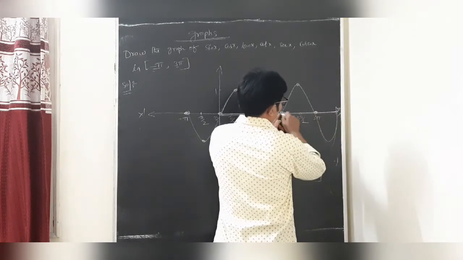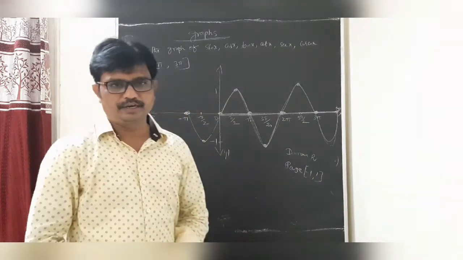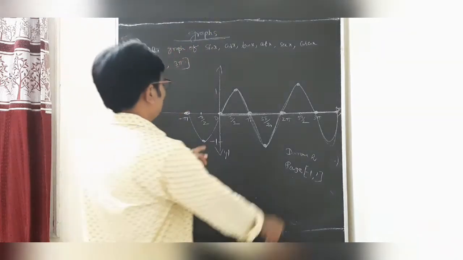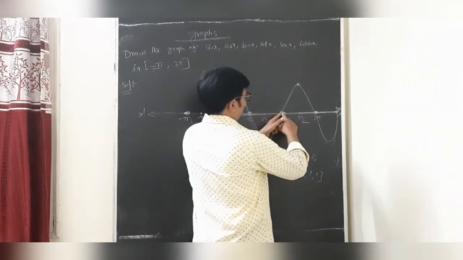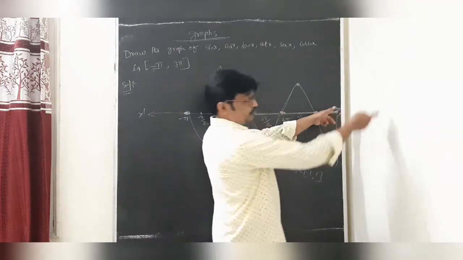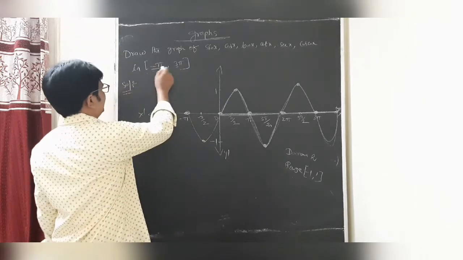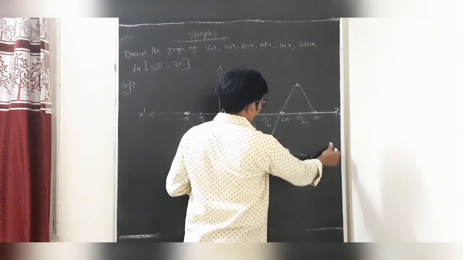From the diagram, this is called the period. We have to know that the period of sin x is 2 pi. So this is 2 pi minus 0. Again, the diagram will repeat from 2 pi to 4 pi, after that 4 pi to 6 pi. Is it clear, students? But they are asking only here minus pi to 3 pi. That's why you are taking up to 3 pi.